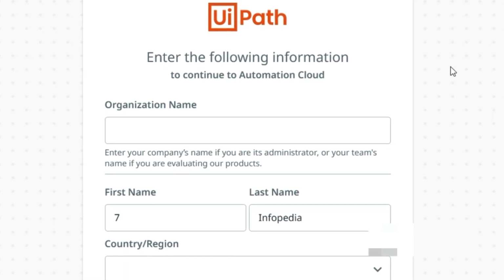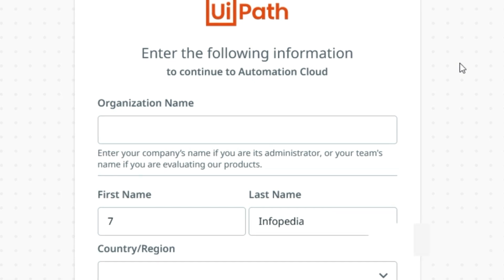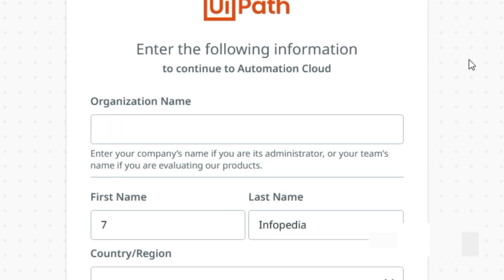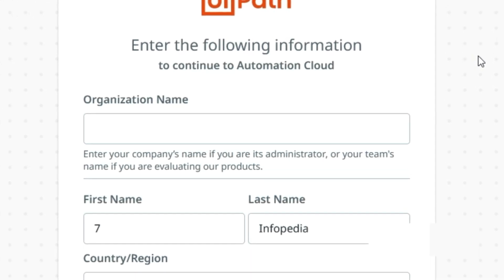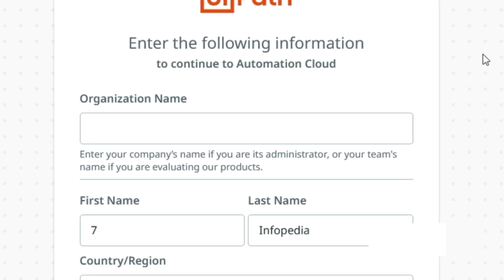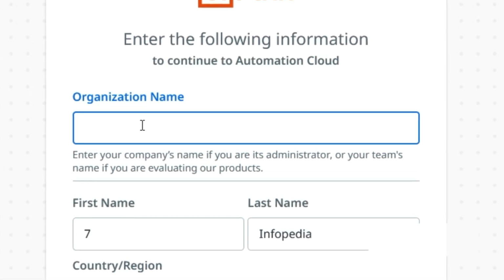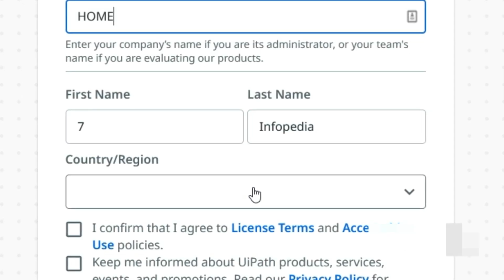Okay, so now this is the first page that you will see once you try to download for the very first time. It will ask you to set up an organization. Organization is nothing but a company for which you're going to download. For you, as a home user, no worry about that. You can simply use anything as an organization. I'm just using home, first name, whatever you want,